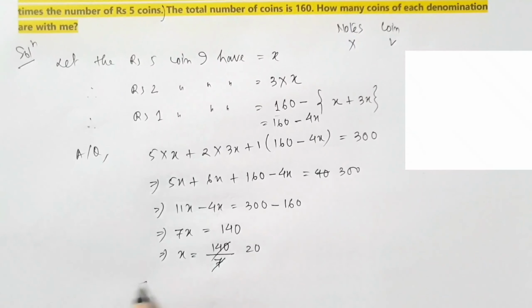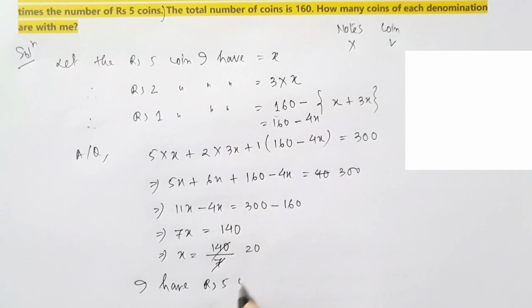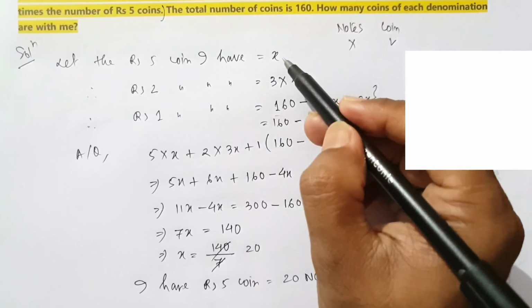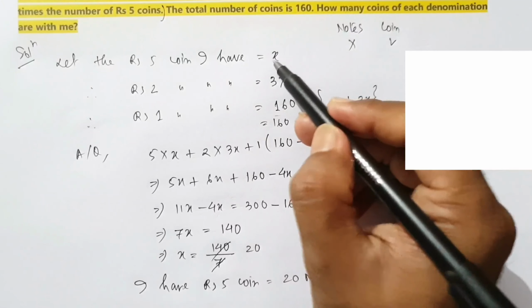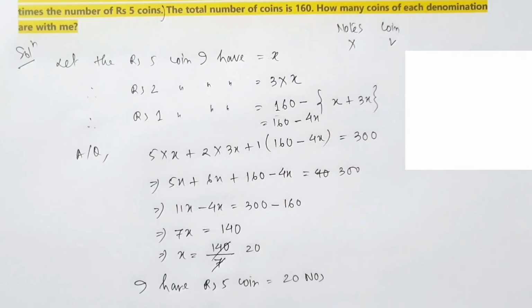It means that I have rupees 5 coins. How many in number? 20 numbers. Yes, x is equal to 20. So here, 5 rupees coin I have x, so x is 20 numbers. Rupees 2 coin, it will be 3x. It means that 3 into 20 numbers, that is 60 numbers. I have rupees 2 coin,